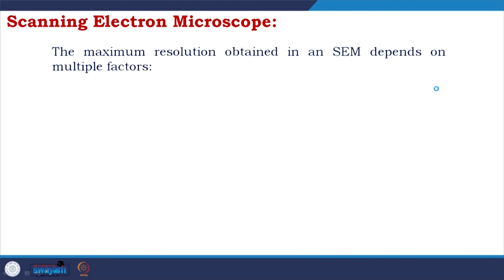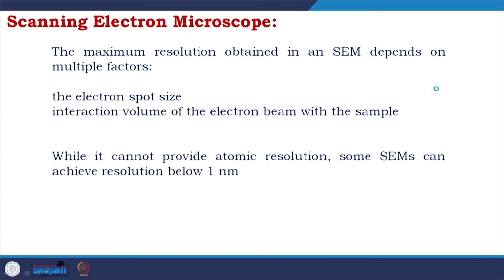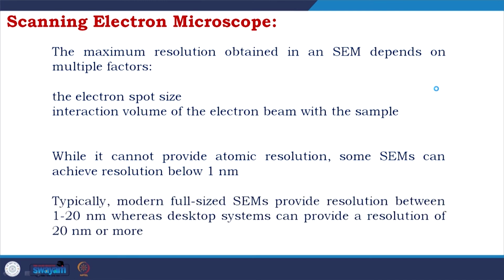The maximum resolution obtained by a scanning electron microscope depends on multiple factors like the electron spot size and the interaction volume of the electron beam with the sample. While it cannot provide atomic resolution, some scanning electron microscopes can achieve resolution below 1 nanometer. Typically, modern full sized SEMs provide resolution between 1 to 20 nanometers, whereas desktop systems can provide a resolution of